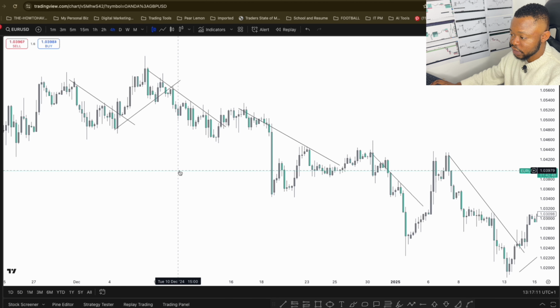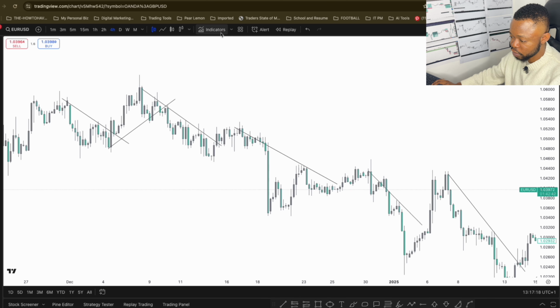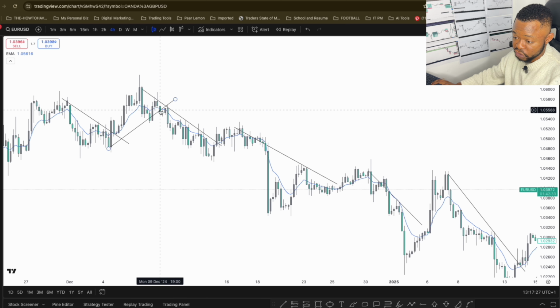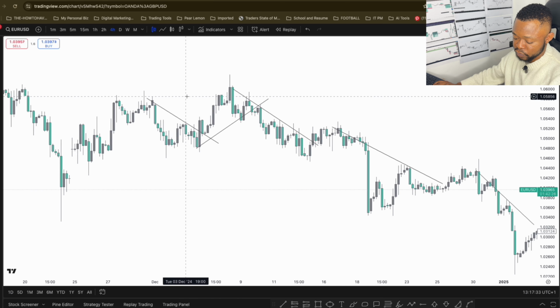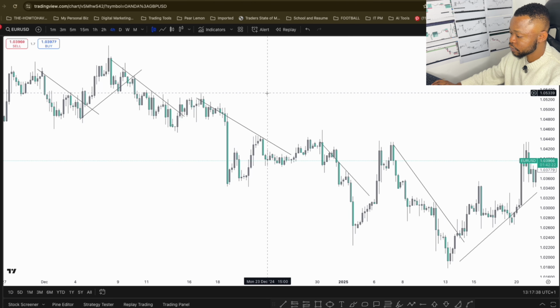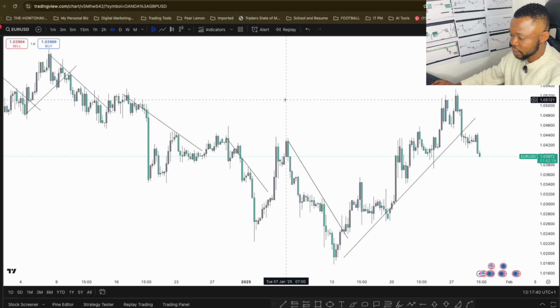So if you are somebody that uses indicators, this TradingView platform provides you with all of the indicators. You can just come on this indicator platform. If you want to use fair value gaps, if you want to use the moving average, as you click on it, it brings out the moving average. This is the line here. So some traders use moving average, some traders use indicators. I don't use them. I like price action. I like my charts very, very clean. So yeah, this is basically a quick rundown of what a beginner needs to understand, some of the tools you need to understand,